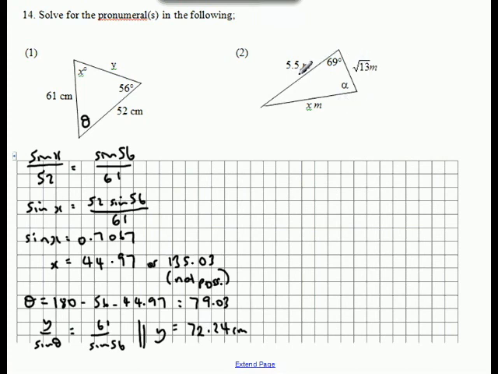In part 2, I have 2 lengths and the angle between, which is ideal for the cosine rule. So I can work out x. So x squared equals 5.5 squared plus 13 squared, which is 13. 2 times by 5.5